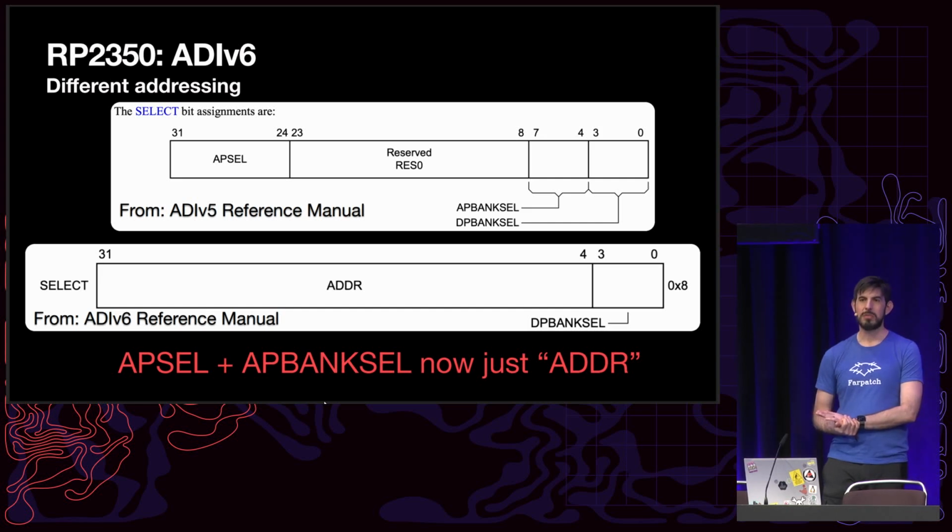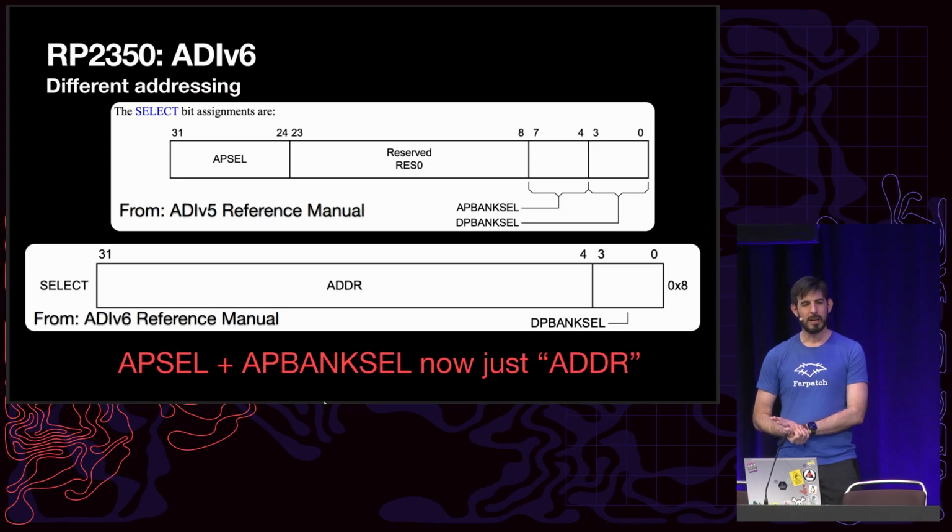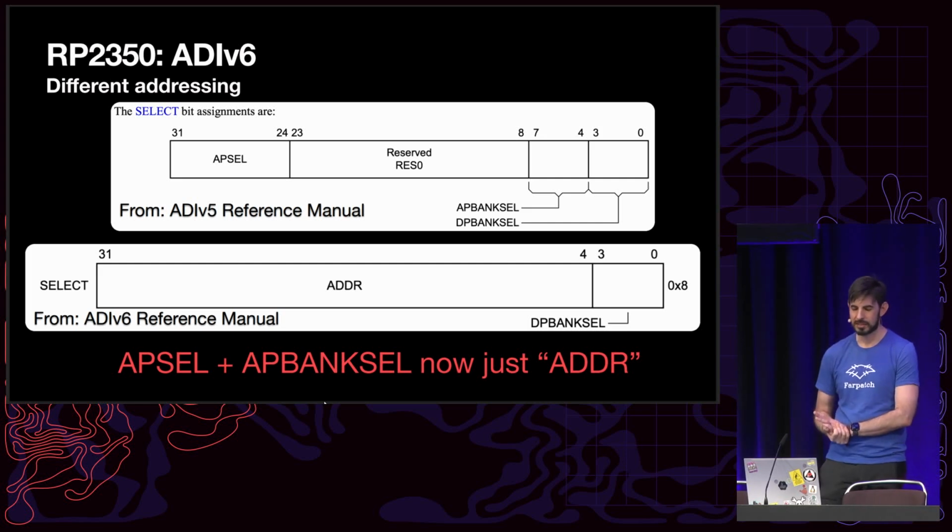The RP2350 is a little bit annoying because it's a newer version of the spec, but the biggest thing we need to worry about is that this register with the AP cell, the AP bank cell, and the DP bank cell, one of the things that ARM did in the newer version is they just combined it all into one. There's a single field there called address. And so now rather than setting a different application or access port in a different bank, it's all just in